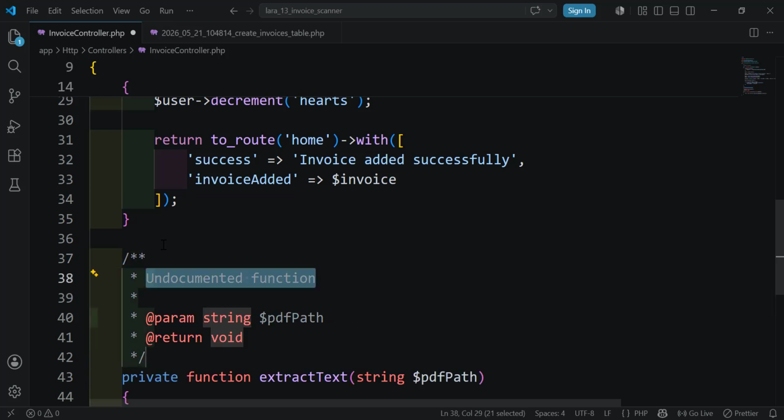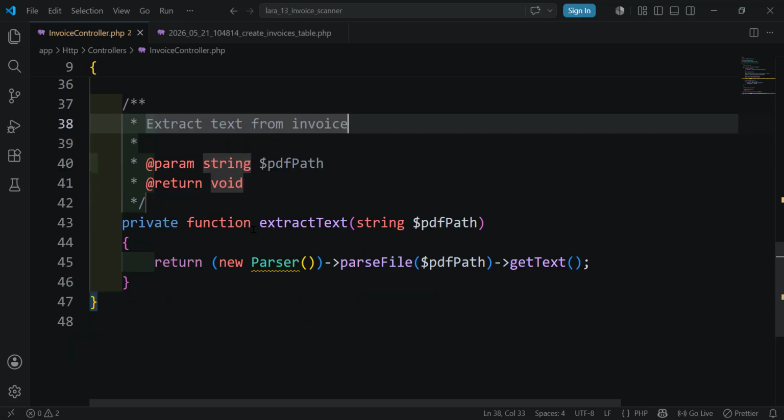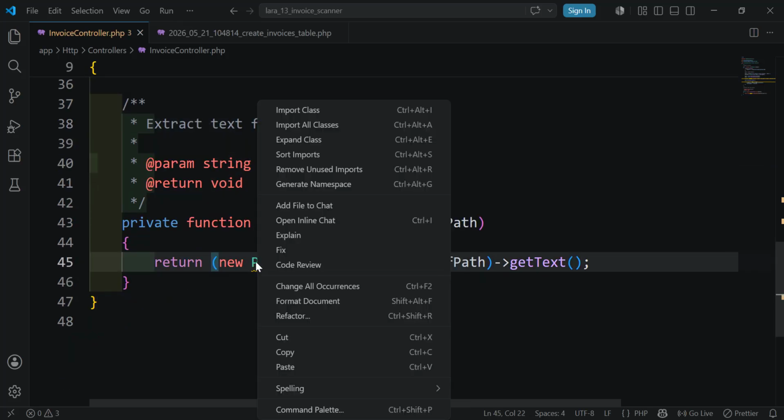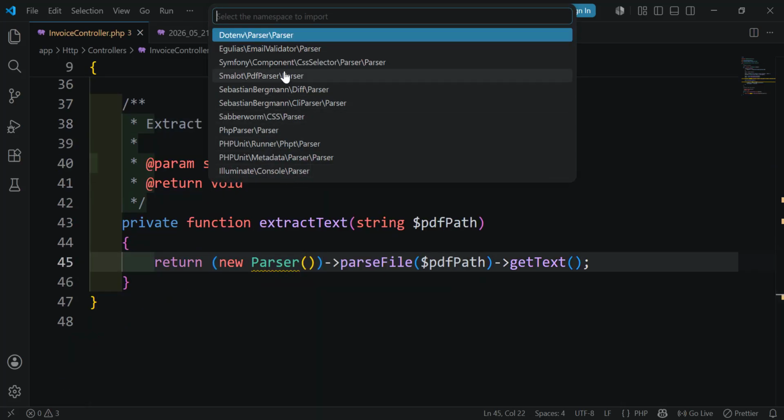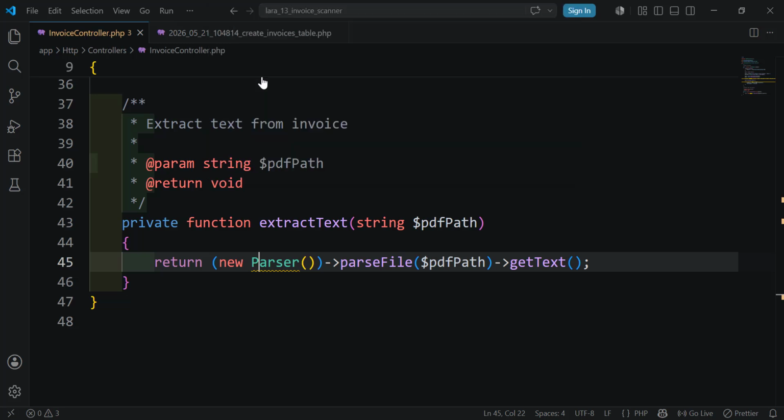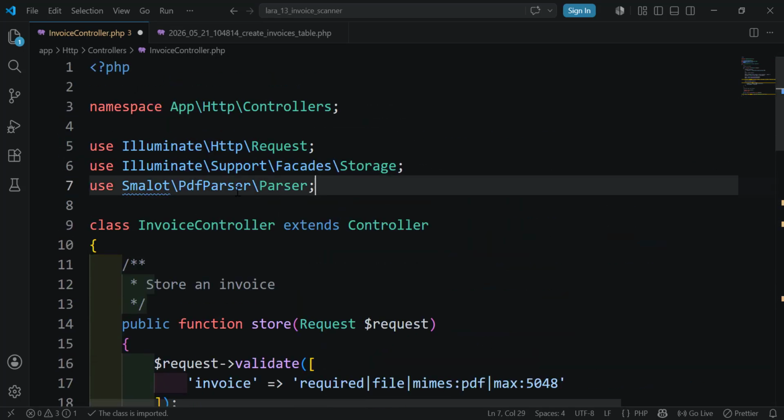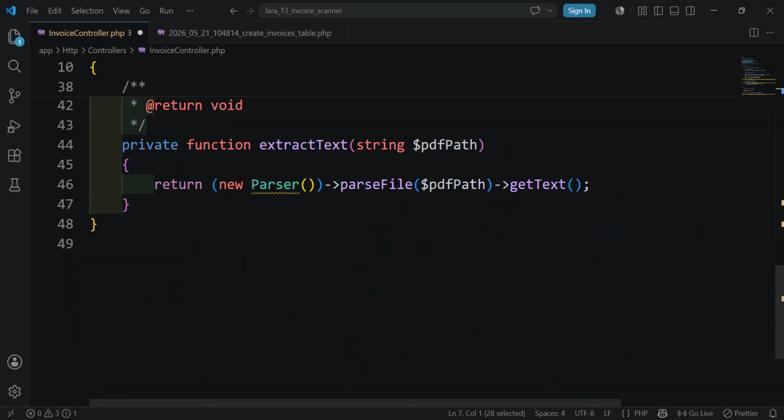Let's add here return text, or gets text, or extract text from invoice, okay. Now we have this function, we need to import the parser. From where is it? So this one, small lot PDF parser, okay, this one. Now we have extracted the text. What we need to do,